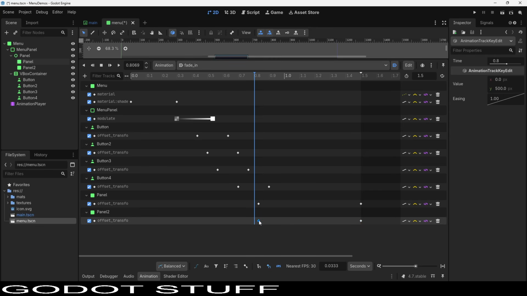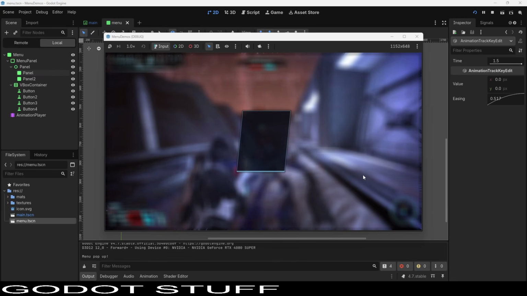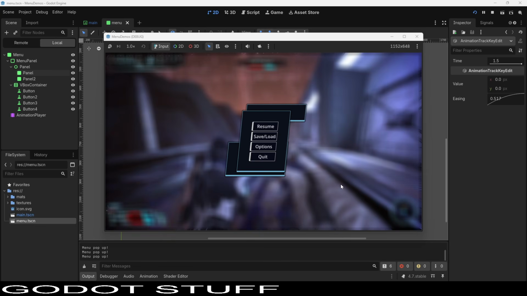So we can also change the kind of curve it is. Currently it's linear. We don't really want a linear curve. We want it to be more like this. So we'll just do that. And it's the same with all of these. All of these could really use a spicier input, right? So this starts slow and moves fast. Let's actually reverse that. There we are. So now when we pop up the menu, see? Now there is no actual sound in play yet,